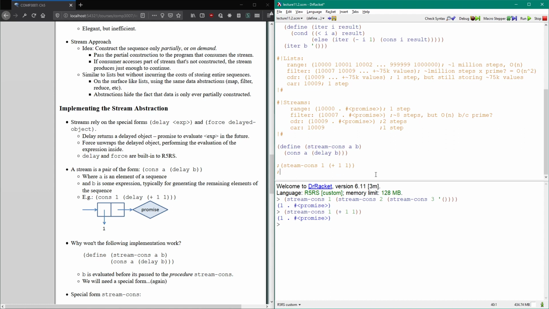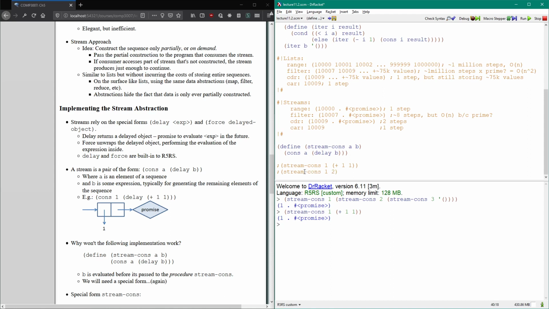In the substitution model, we're following the regular eval-apply process, or applicative order, and stream cons is just a regular function, so it follows the regular eval-apply rules, which says evaluate the sub-expressions and then apply the function. So if we evaluate the sub-expressions, we have stream cons, which is just some sort of function. We have 1, which is an integer, self-evaluating. And we have this combination, plus 1, 1. So we have to evaluate that. So the next line would be something like stream cons,